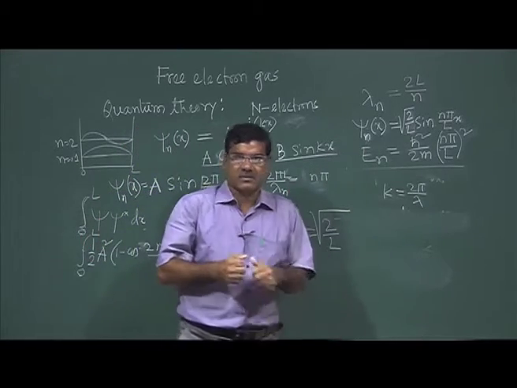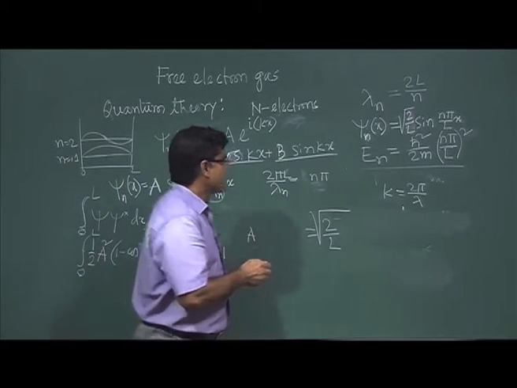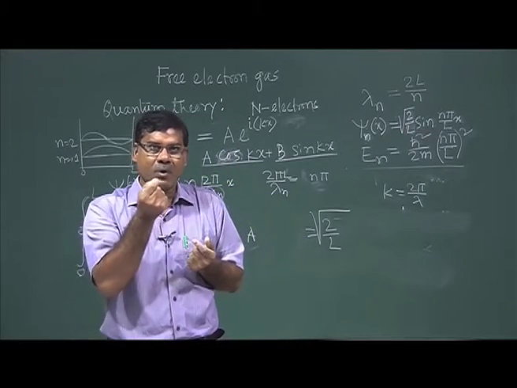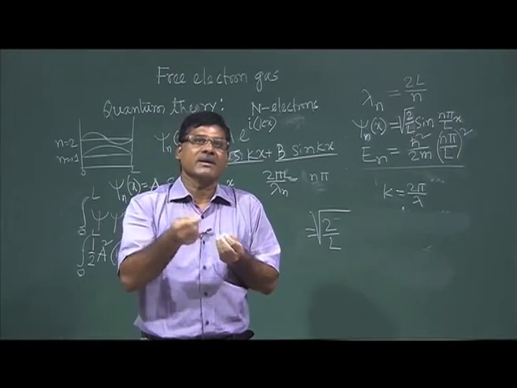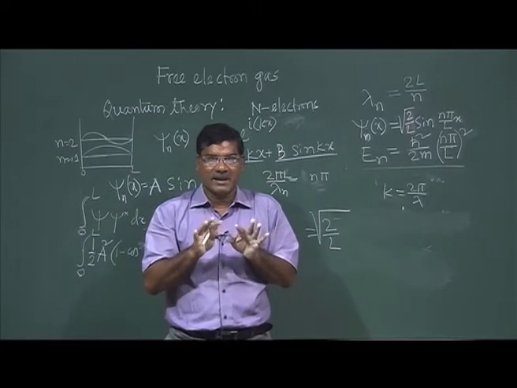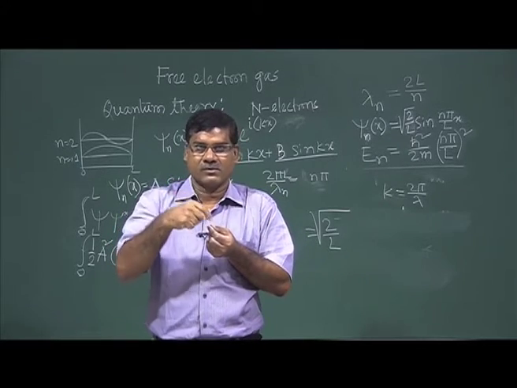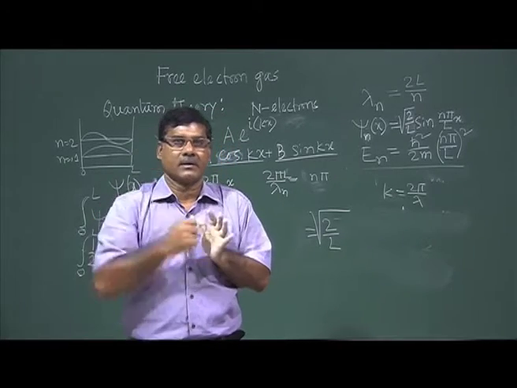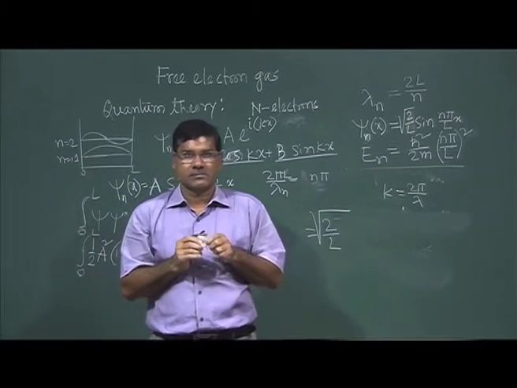Each state we can call an orbital, an energy of an orbital where an electron can sit, can stay, but if you have one electron, there are many states, many orbitals. So, where will it sit? When it sits at n equal to 1, then I will tell it is in the ground state. If it stays at n equal to 2, the second orbital, it is at a higher state, an excited state, etcetera. Now, if I have capital N number of electrons,